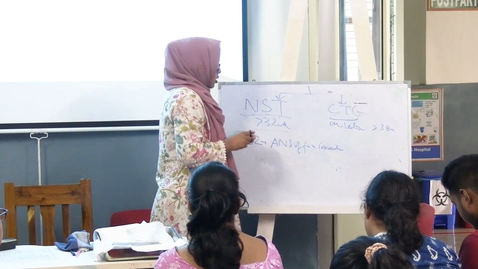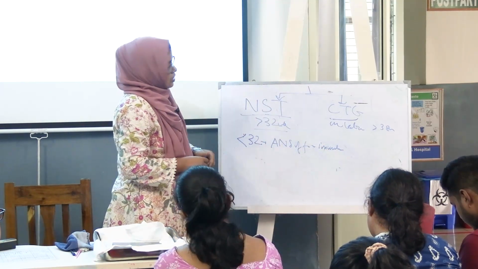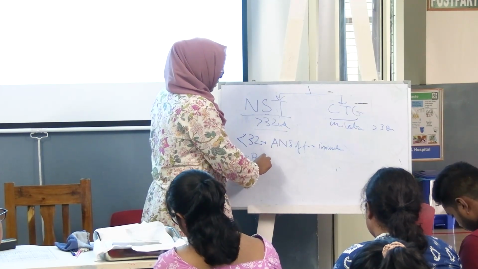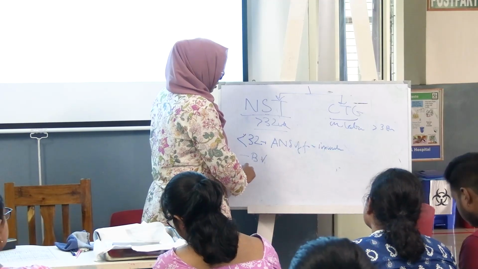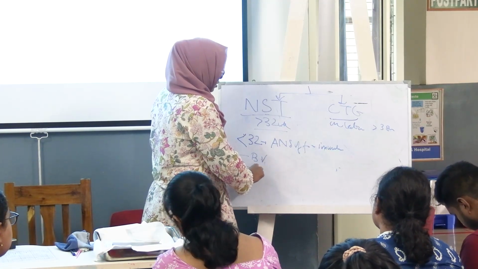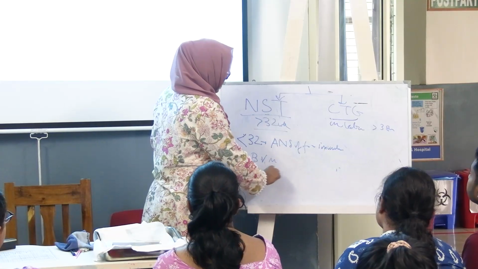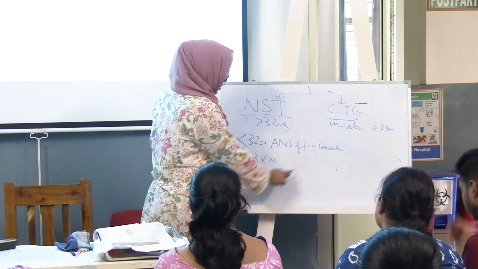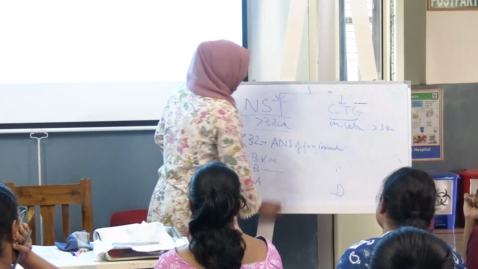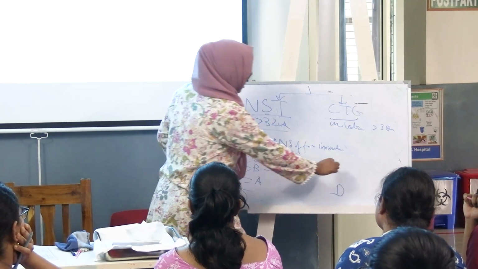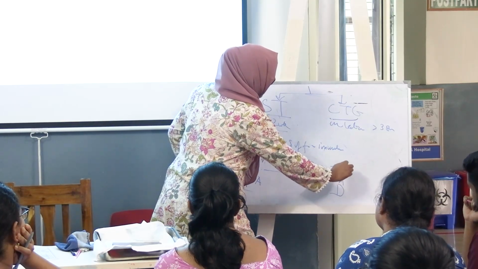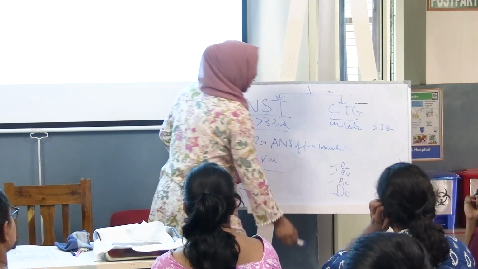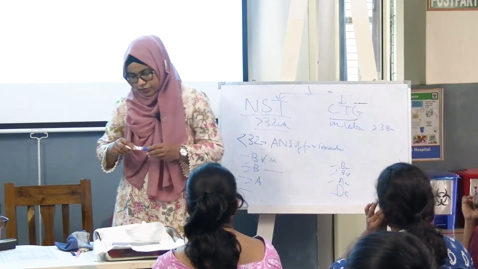Okay, the basic thing in both the CTG and NST is the same, but what we see in NST is baseline and baseline variability. Acceleration and deceleration are not seen here; deceleration is seen in CTG. So here three things are seen, and here four things are seen: baseline, baseline variability, acceleration, and deceleration. These four things are seen in CTG.